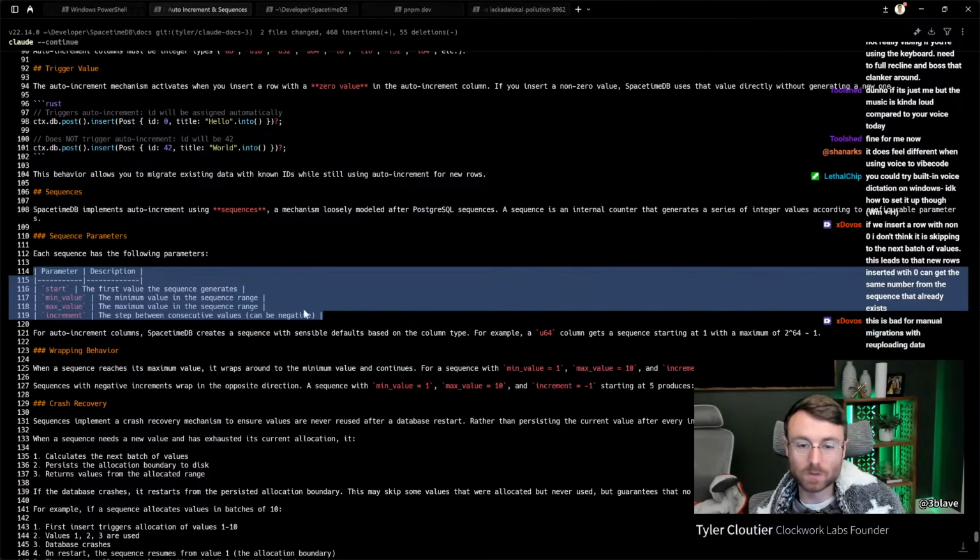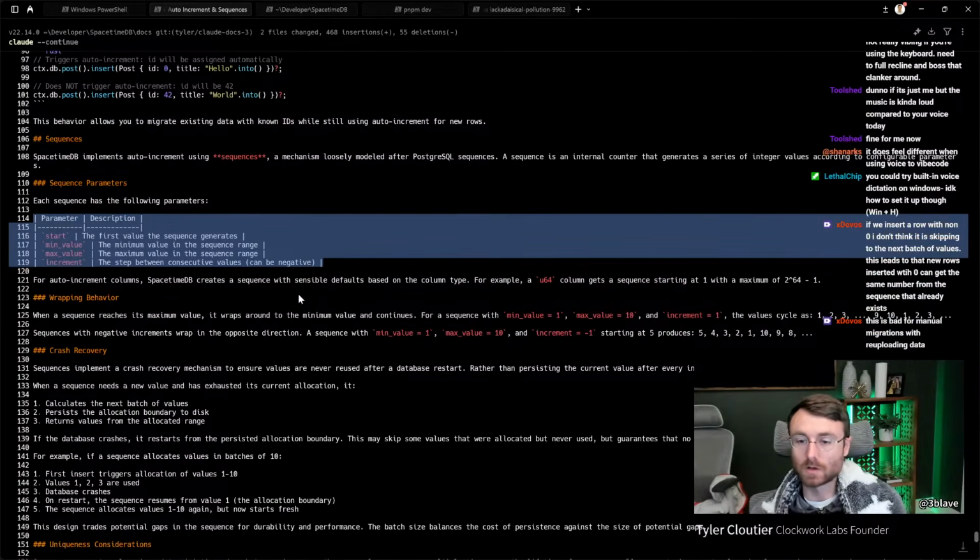Crash recovery. Sequences implement a crash recovery mechanism to ensure values are never reused after a database restart. Rather than persisting the current value after every increment, sequences allocate values in batches. When a sequence needs a new value, it has exhausted its current allocation. It calculates the next batch of values, persists the allocation boundary to disk, and returns the values from the allocated range. If the database crashes, it restarts from the persisted allocation boundary. This may skip some values that were allocated but never used, but guarantees that no value is ever sent twice. For example, if a sequence allocates values in batches of 10,